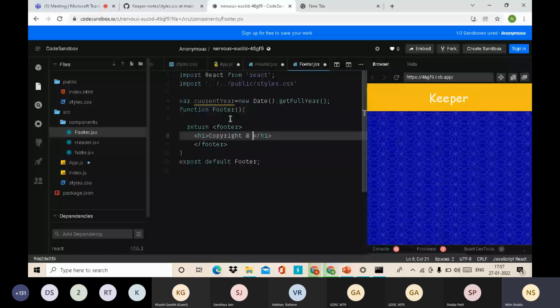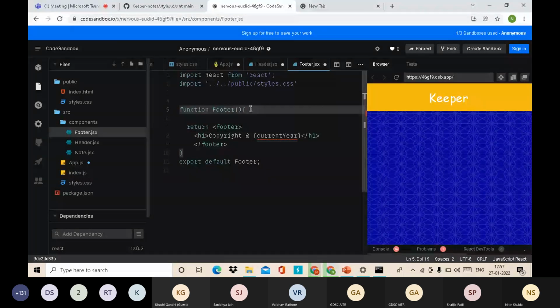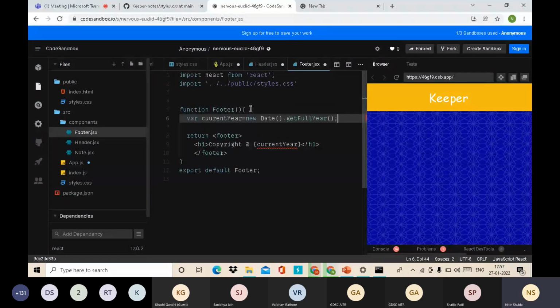Okay, there's some issue. Okay, there's some typos, there's some spelling mistake in this. ओके या, ये हमारा फुटर कंपोनेंट रेडी हो गया है, ठीक है।